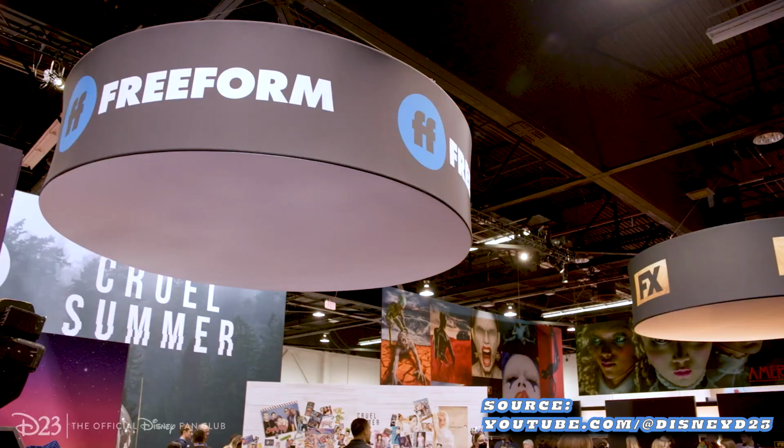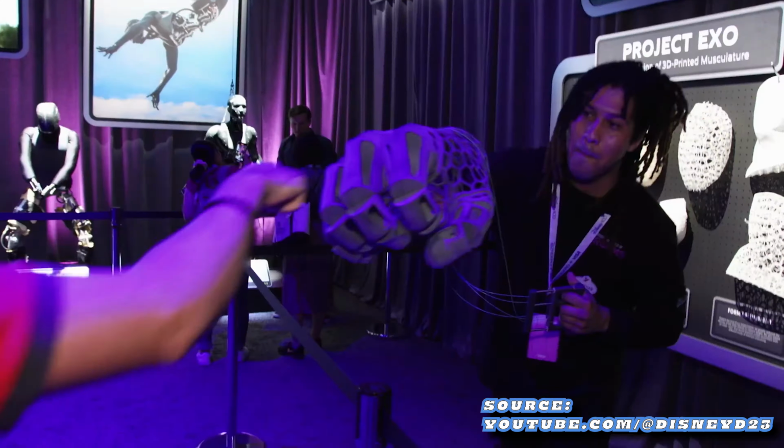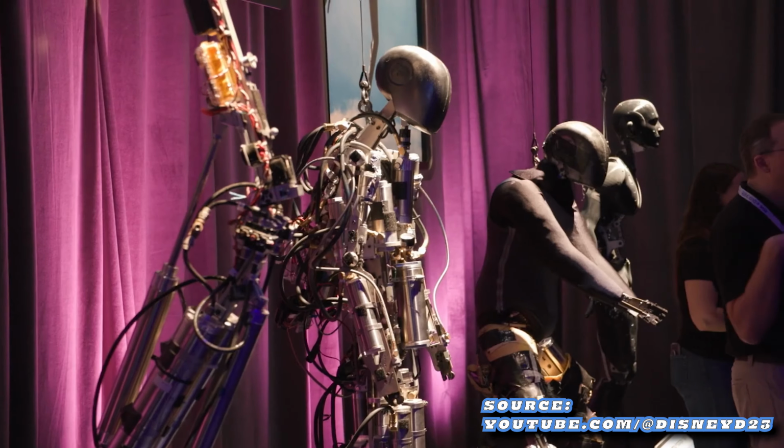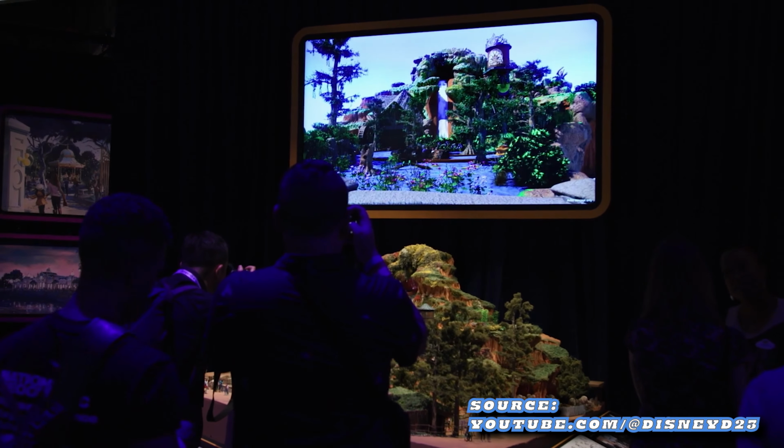This floor is huge. It's honestly overwhelming the first time you step into that convention center, and the booths and experiences continue on as far as the eye can see. And with all the main presentations being at the Honda Center this year, they're going to have even more room to fill with booths and experiences. Obviously, it would take way too long to hit on every single thing, so let's go through some of the ones that stand out to me the most that I think will be some of the highlights of the show